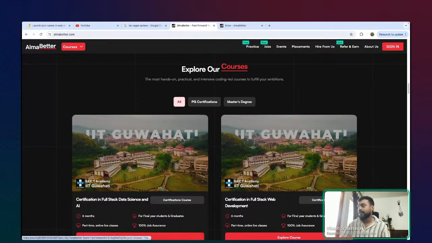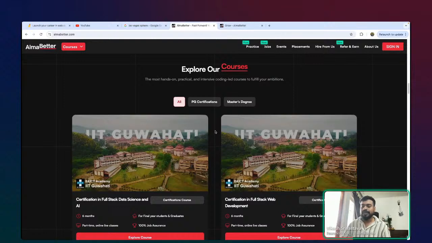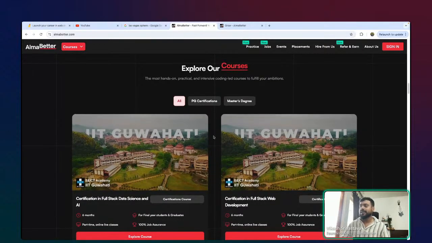I can click somewhere, maybe I can click on this, right? So there's a lot of interactivity that is built. But this is the front end side of things. Whatever you are seeing on this page is the front end side of things, and it will primarily require HTML, CSS, JavaScript, and if you know some advanced front end, you might use something like React or Next. But this is what front end is, right? It is the user interface which I'm seeing.